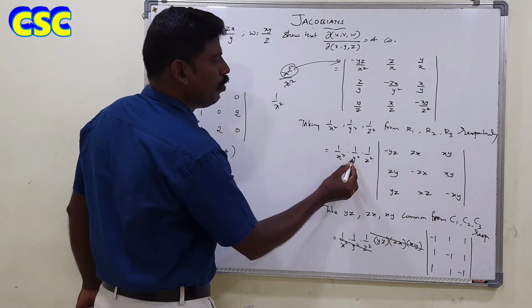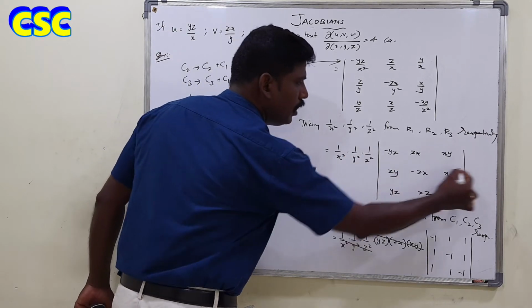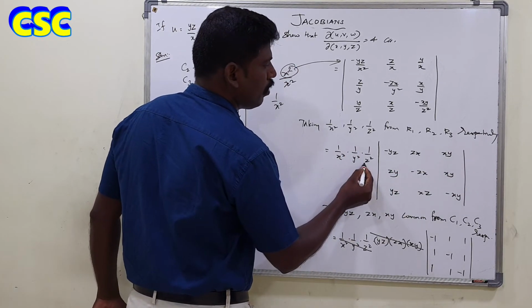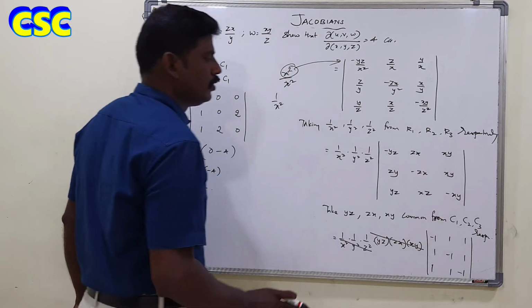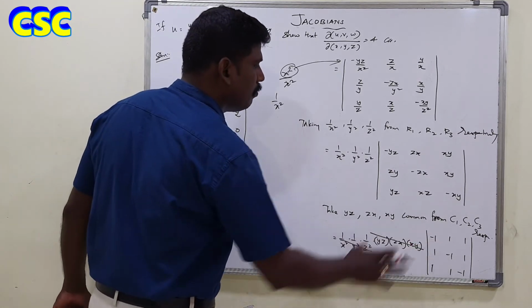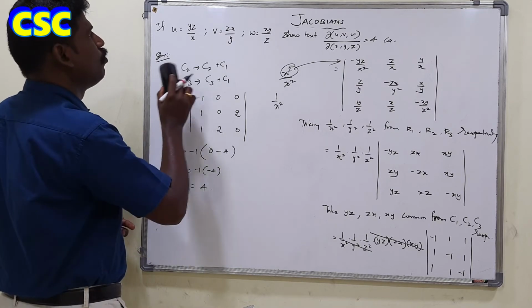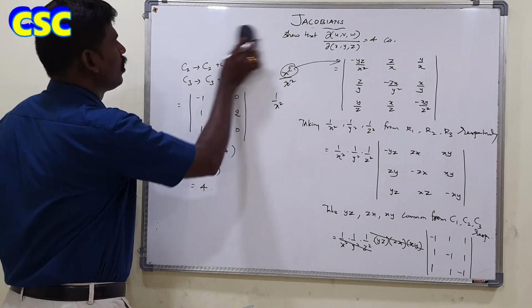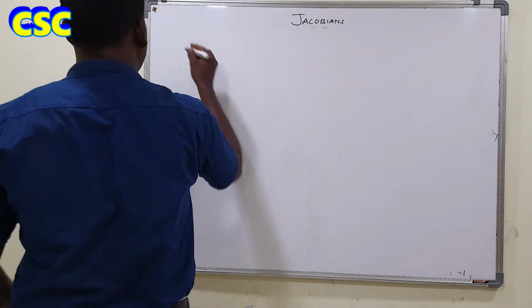Same like that. Y square is divided here. We divided by y square, so multiply y square with R2. We divided by z square, multiply z square with R3. That's all. You can get this term, right? After simple elementary transformations in matrices, you can get the value easily, right? That's all. It's the most important question in 4 marks. And in cylindrical coordinates.